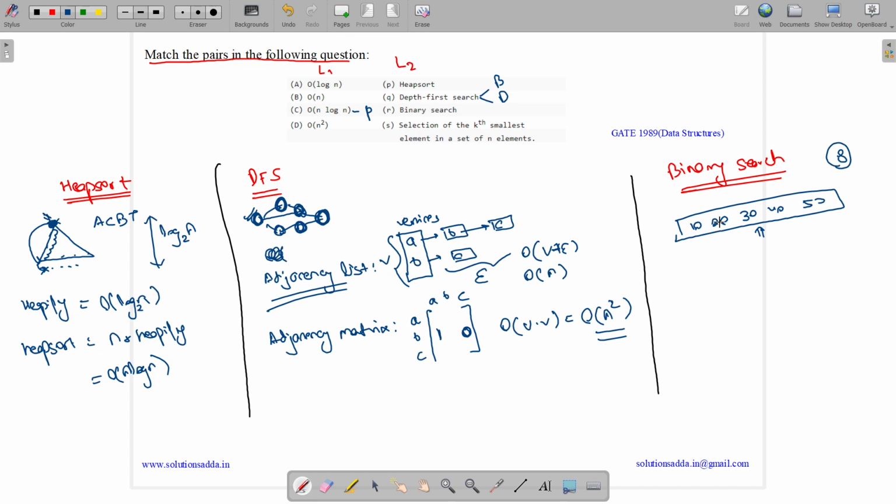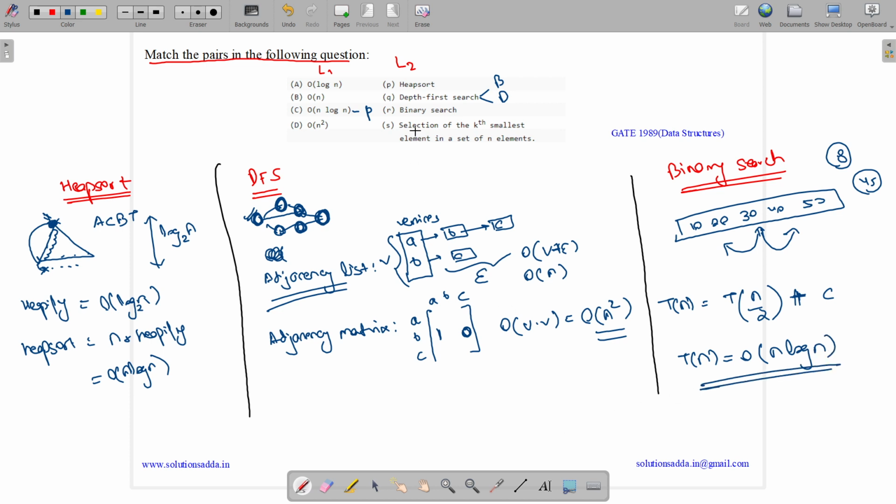If 8 is less than the mid item, then we will go to the left. And if the item we are searching for, say 45, is greater than the mid, then we will go to the right. So its complexity is, it basically divides the list into 2 halves plus c time for the division. So by using Master's theorem, its complexity will come out to be order of n log n.